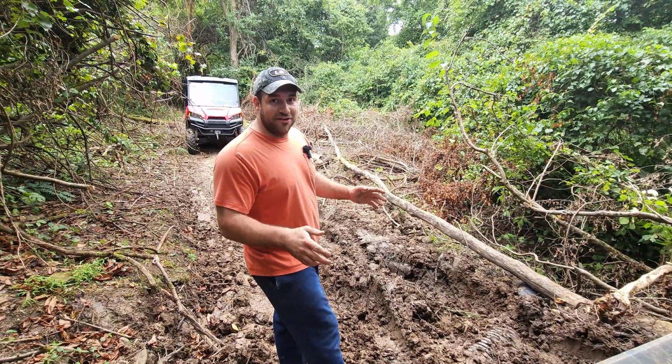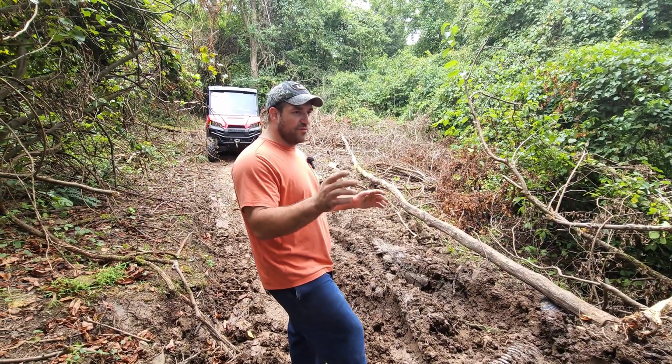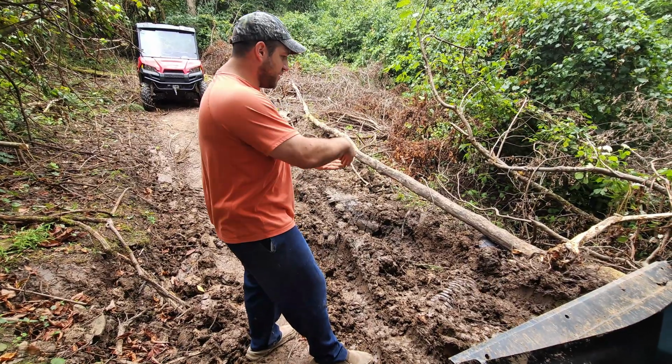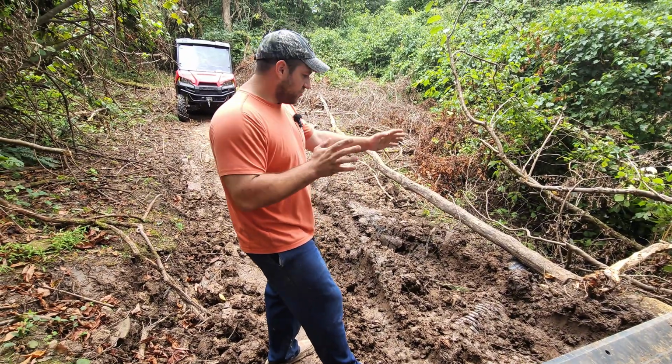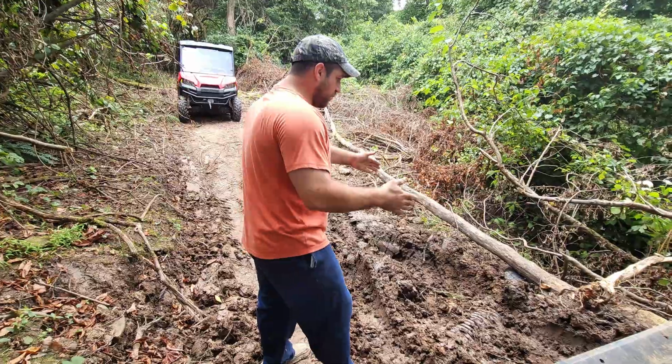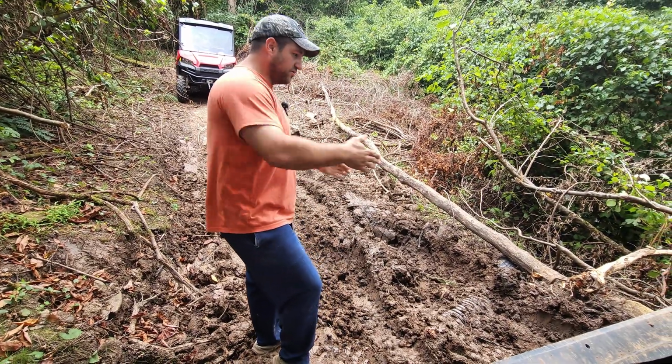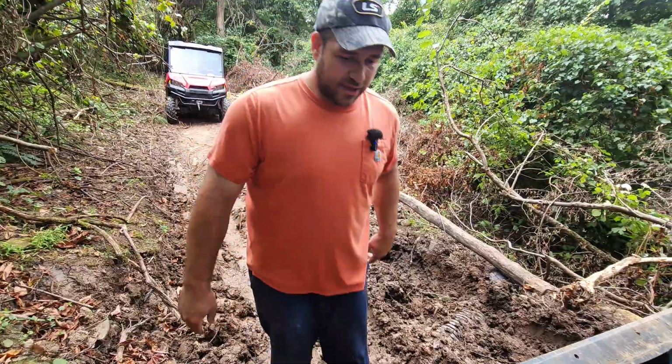All right, we got out of there, just barely, but it actually went pretty smooth. As you can see, there's the hole right there. And that was down in, and what I was afraid of, I was just going to keep inching my way down over this hill. It's hard to tell on camera, but it's kind of steep right here, and you'll just keep inching down. So what we did back here,